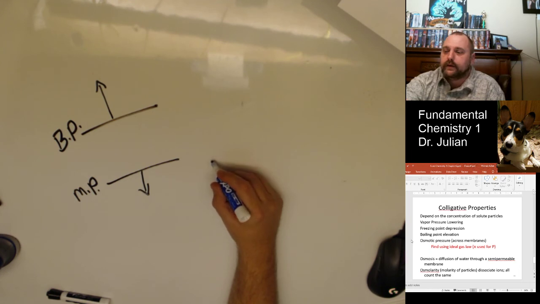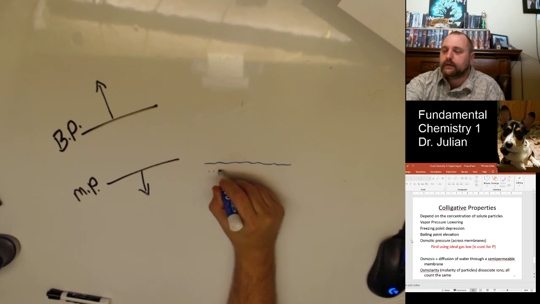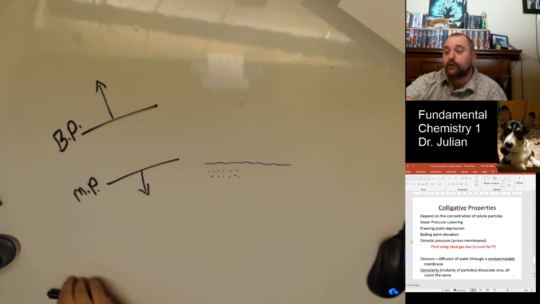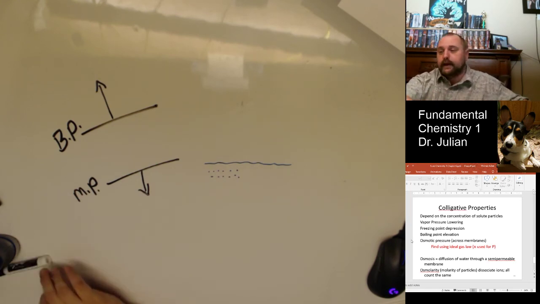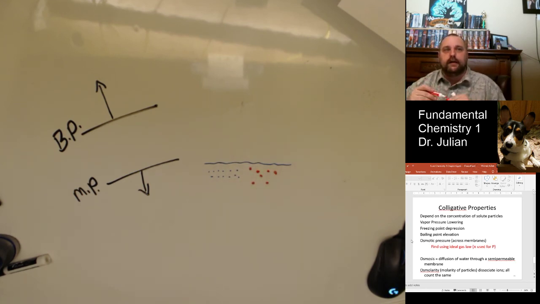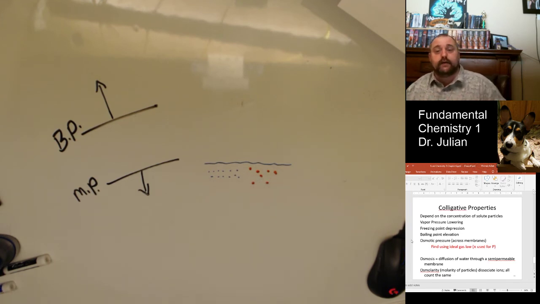So when things decide to start freezing, what happens is the molecules are going to get lined up in a very orderly fashion, and they form crystals. But if I've got these particles in here, you can see that it's tougher for these things to get lined up. They have to kind of push everything out of the way. And so why do we use this? If I go outside and I've got ice all over my porch,